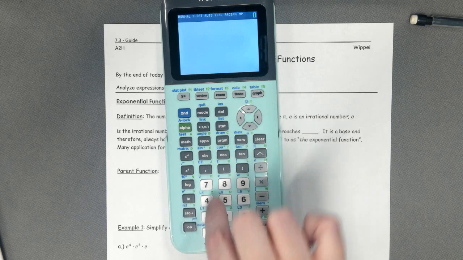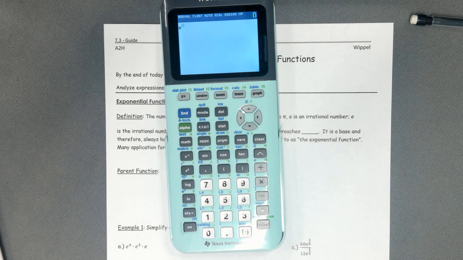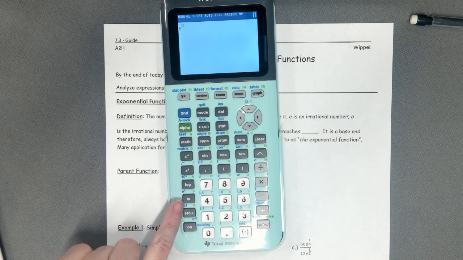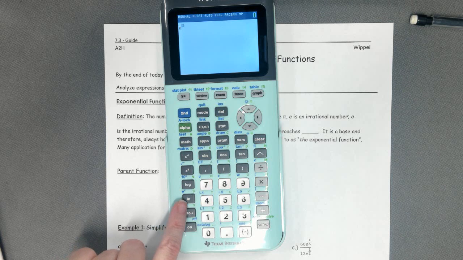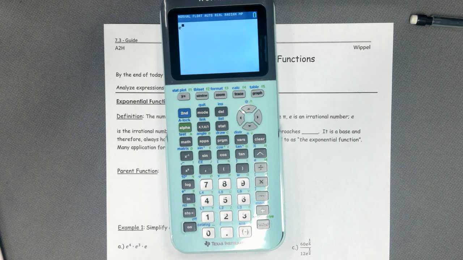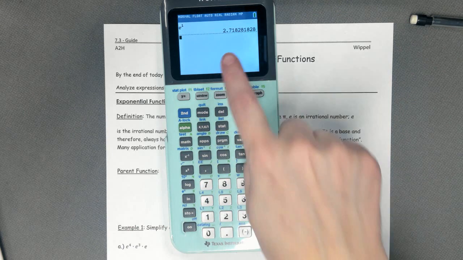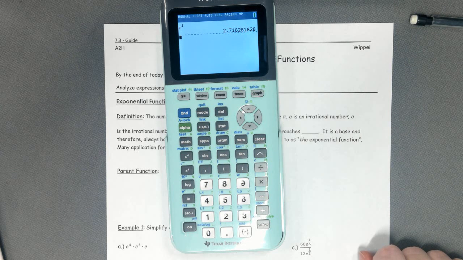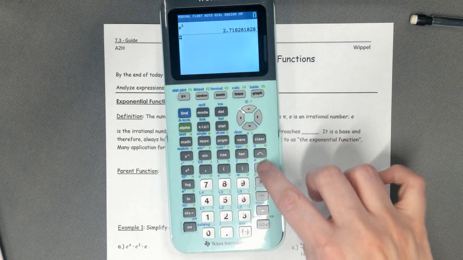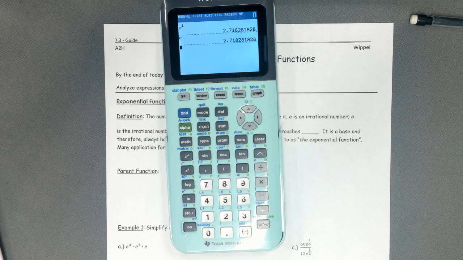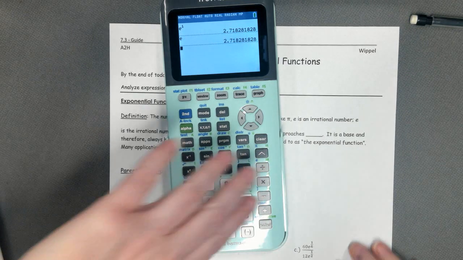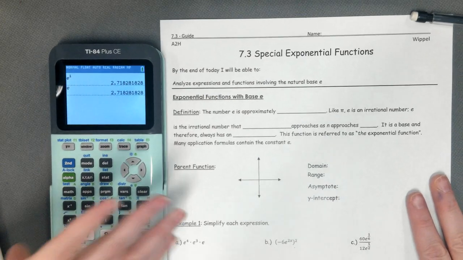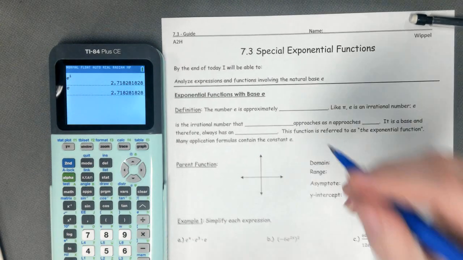But if you press the second and then e, it's above this ln here. This actually stands for natural log. That's what we'll talk about in the next chapter. So if you do e to the first power, it will tell you what it's equal to. Okay? If you were to just do e, that is e to the first power, it's the same thing. So this is called the exponential function, and it's approximately